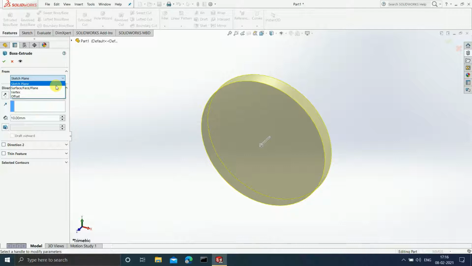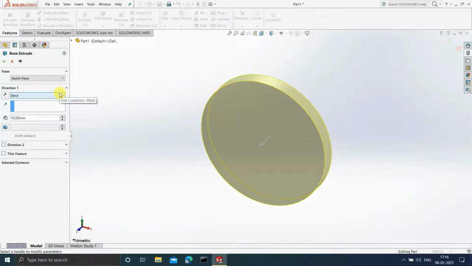So I am going to simply select the sketch plane, done, and my sketch is going to start extruding from the front plane only. Now there are different options available which I will be explaining in this video itself. Don't worry about that. Now can you see that it is asking in which direction you want your sketch to get extruded. Here I have selected blind. Blind is the default which SolidWorks is going to select for you. Now what is the use of this blind?